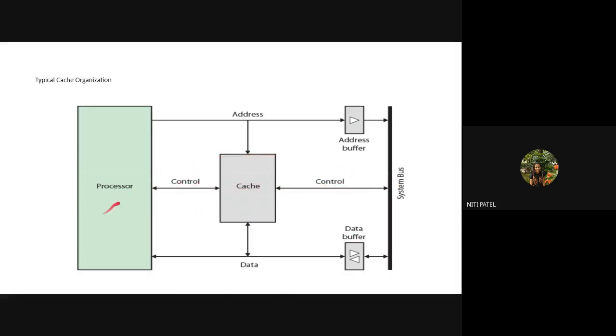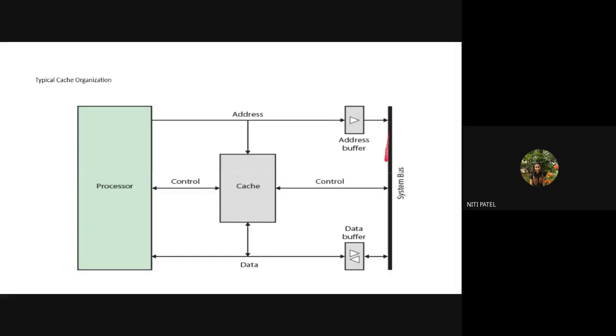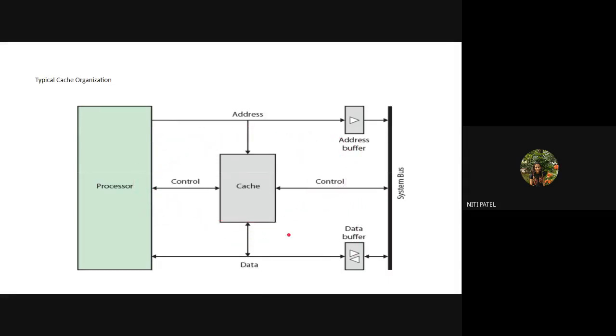Okay. So processor, cache, main memory: communication from the main memory to this part of the system will be done by the system bus. All the addresses will be carried by the address bus. Data will be carried by the data bus. Address and data will be stored temporarily in respective buffers, and all the controlling will be done by the control lines. Okay, this is how your cache organization or your cache memory works. Clear? Yes or no?